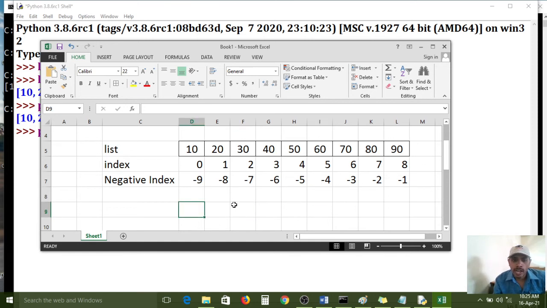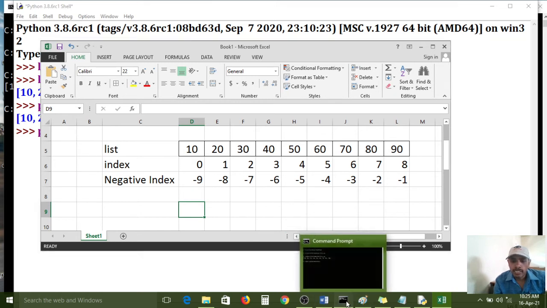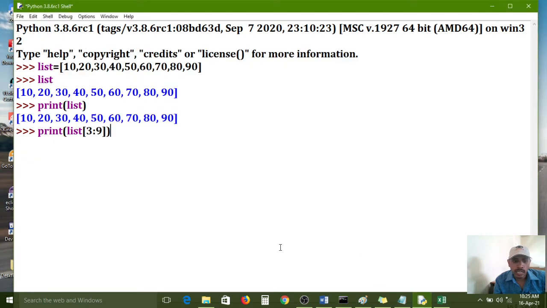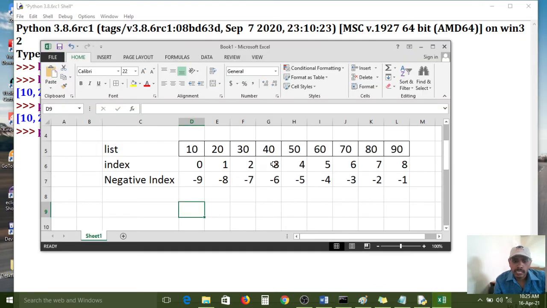Now I want to access, as I already showed, from 3 to 9. In the third index, which element do we have? 40. The ninth element we don't have.